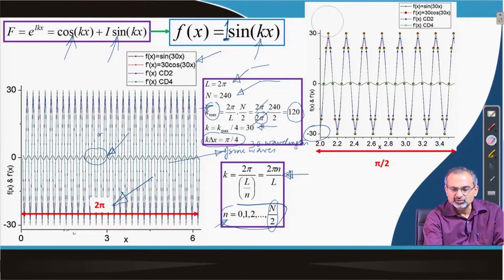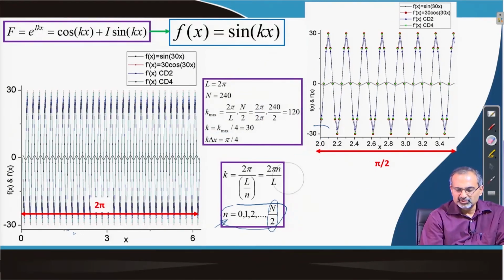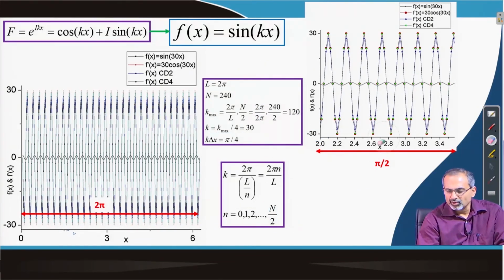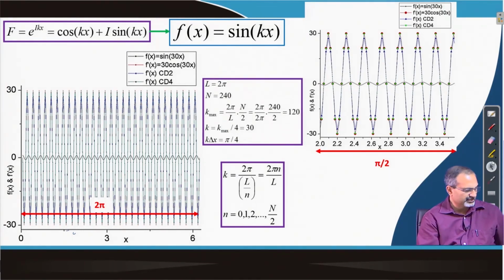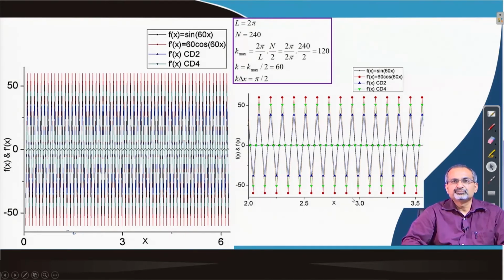So, we would be interested to stretch the limit and go further and see how the performance would be for higher wave numbers. And of course, we know through our previous experience that there would be a degradation in the performance, but we are interested to know how much the performance may be degrading. So, for that we go to the case of k times delta x equal to pi by 2, which is exactly at the half midpoint of the interval on the x axis of the modified wave number plot, and by then if you remember the plot, the response of both the schemes would have drooped off from the exact value.